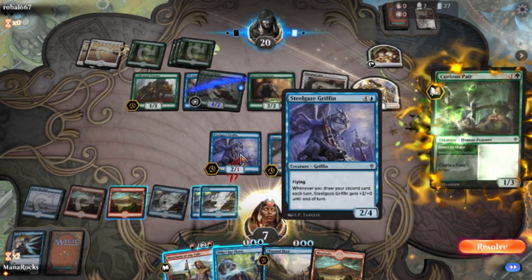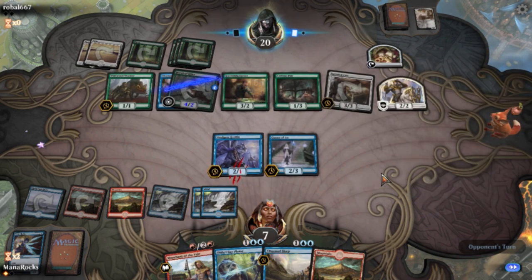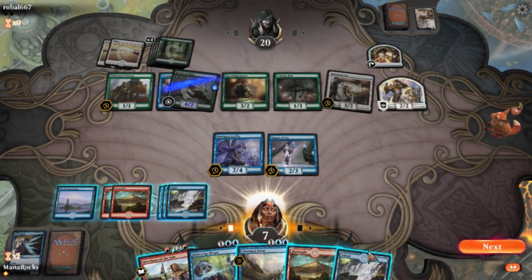Wait, what happened? They did 3 damage to the Griffin, not to the Queen of Ice? Youch. Opponent messed up block order there. That is not good for them. All right, let's go...